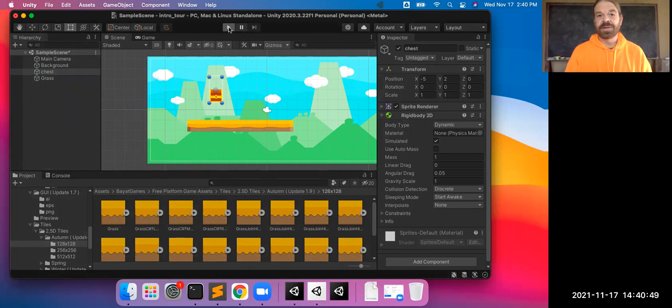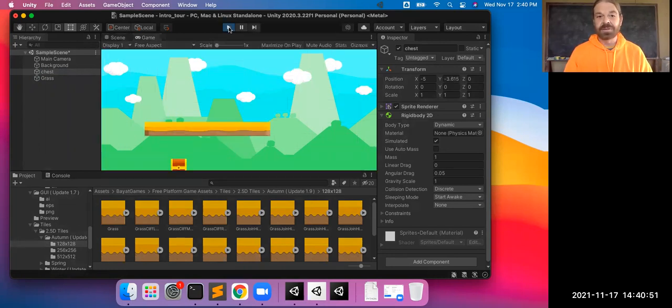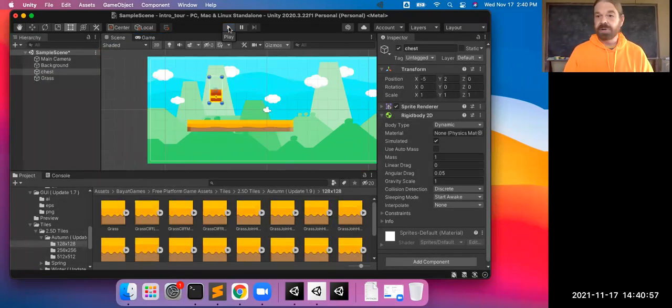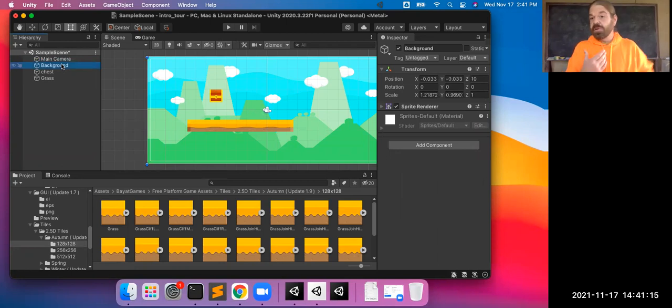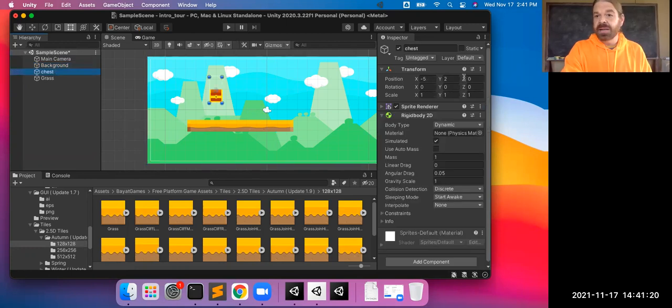Lots and lots of waiting for things to compile. It doesn't seem to change much with the view. And really the reason for that is because they're both at exactly 0. So it looks like the chest is in front, but we're actually seeing both of them at the same time. So that's why I went with like -10 and +10, so we have lots of wiggle room. If we wanted our chest to fall behind the thing, we'd want to adjust it. So the platform's at 0, so we could say like -1 on the Z